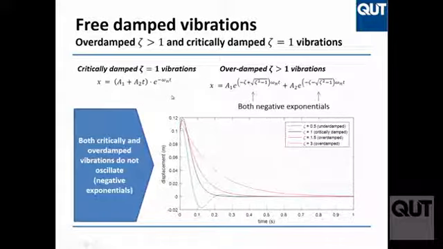This is a much more interesting example. The blue one, zeta 0.5, is underdamped. Zeta is less than 1, so it's vibrating, and the vibration is dying out. With zeta equal to 1 or bigger, it simply doesn't vibrate, you see? It doesn't oscillate around the 0. It's going down to 0 without any vibration. Is it clear?